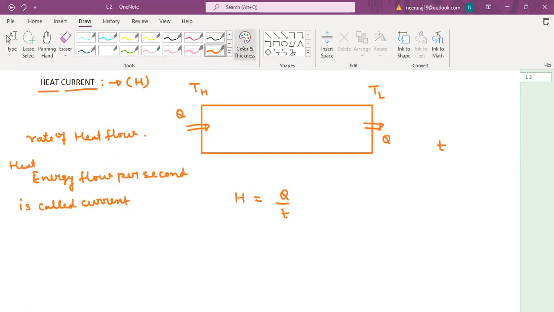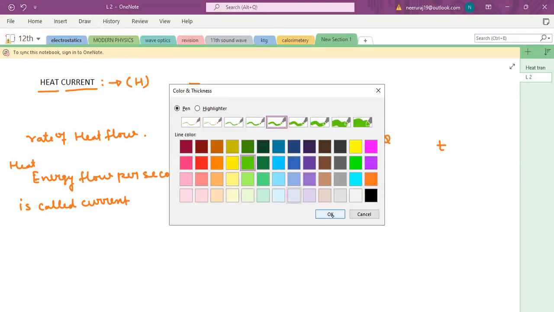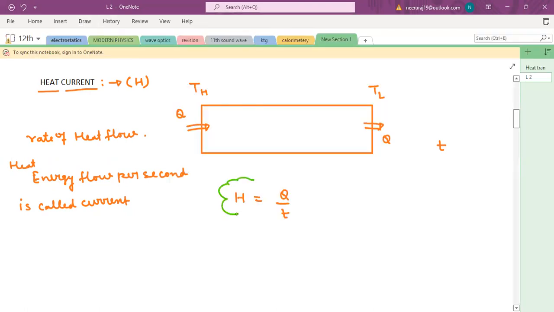So you can assume heat current is the same as electric current. How do you define electric current? You define electric current as flow of charge per second, right? Flow of charge per second. So sorry, this is your electric current. And heat current is flow of energy per second. But the unit of the heat current becomes, for the SI,